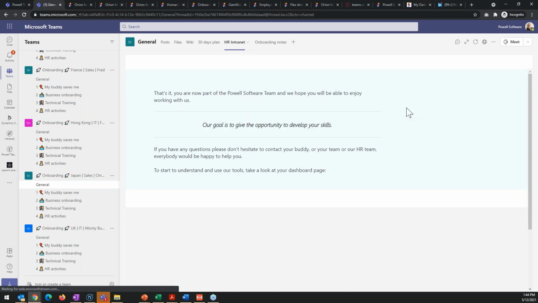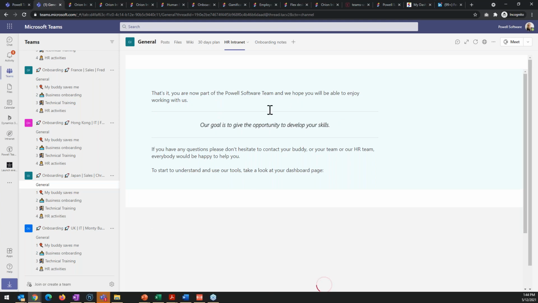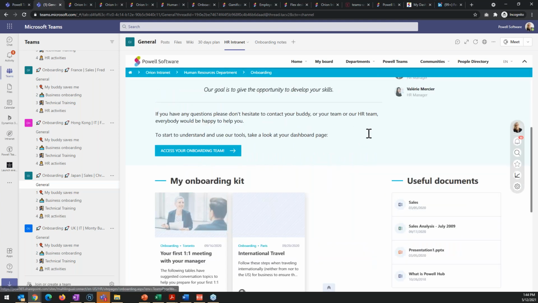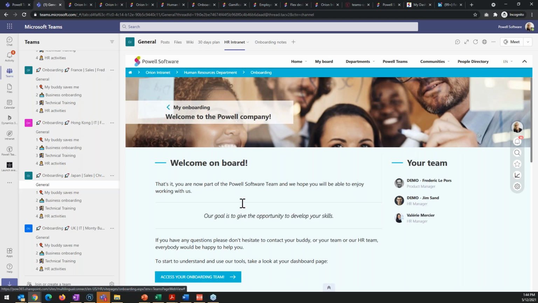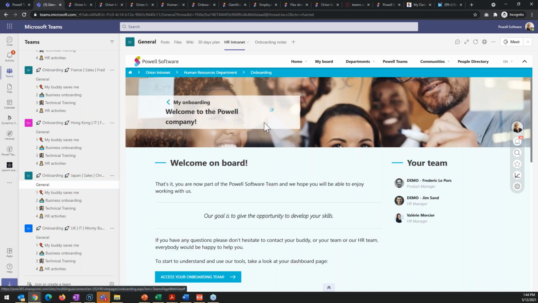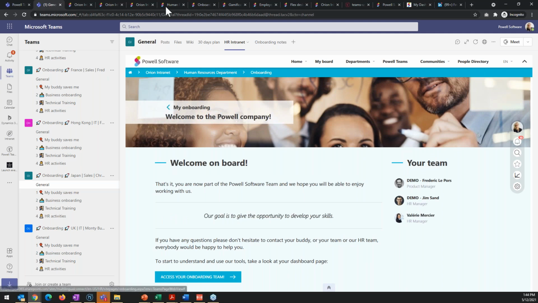If I go here, I've got the onboarding section of my intranet on SharePoint. Here I'm using Pale Intranet, but you could use any SharePoint intranet directly here. And that's where you will start to use your intranet also in SharePoint, in your mobile application, in Microsoft Teams, and within your teams as tabs, which will really boost the usage of your intranet. And finally here, I've got OneNote.